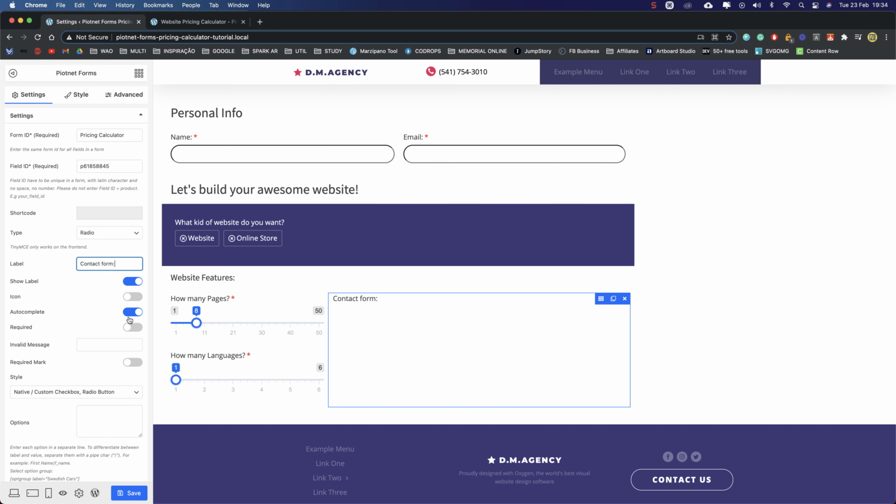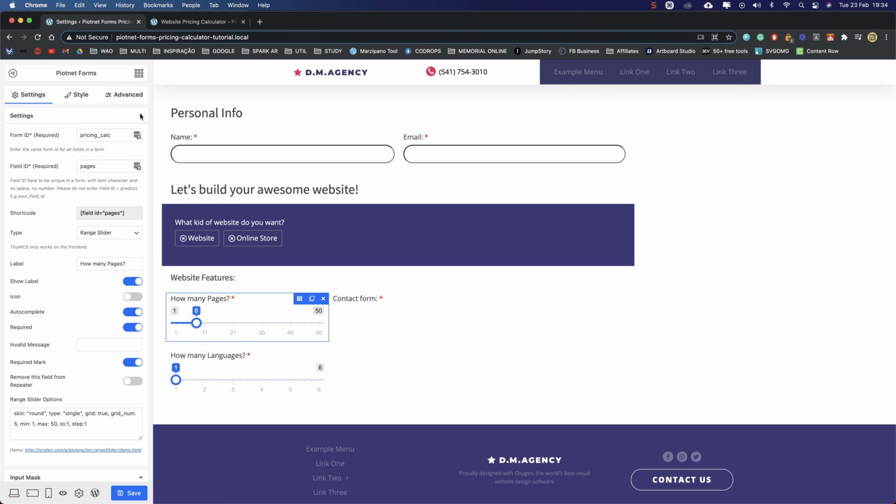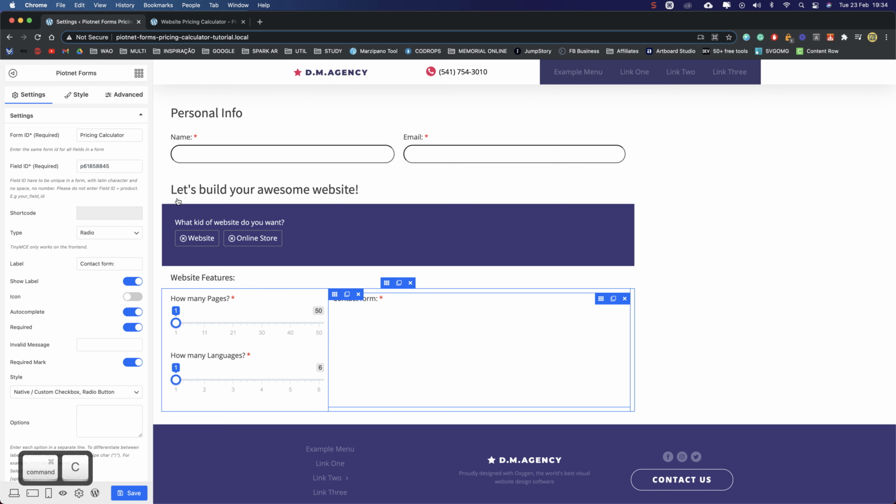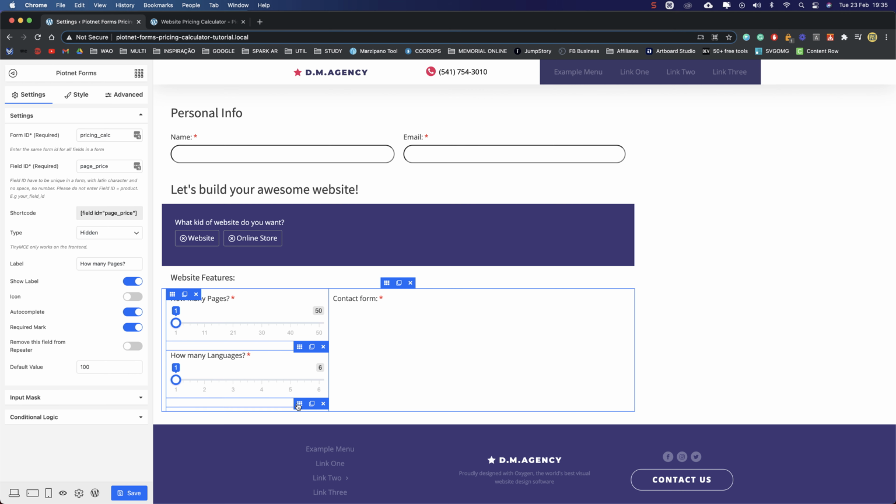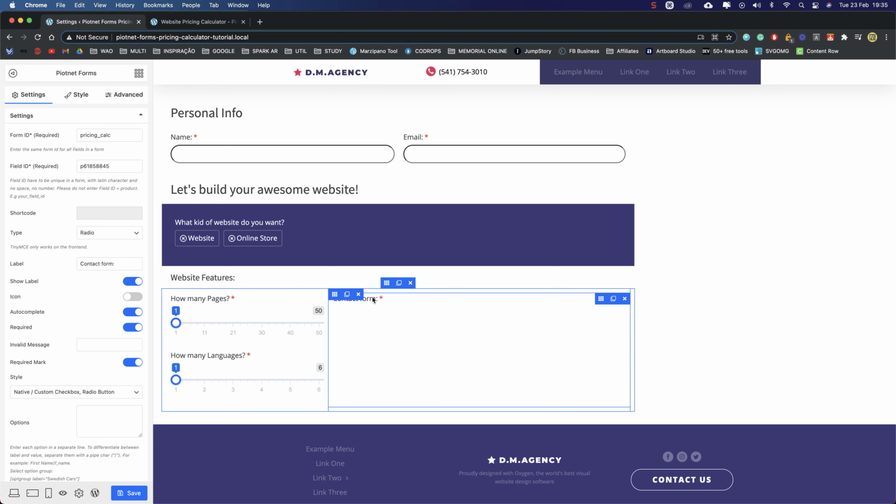It will be required as well, the required mark, and as always, you need to come here and copy the form ID. Perfect. Let me just check if I have the form ID here. Yes. Now that we have the form ID, we can give the field ID contact form.